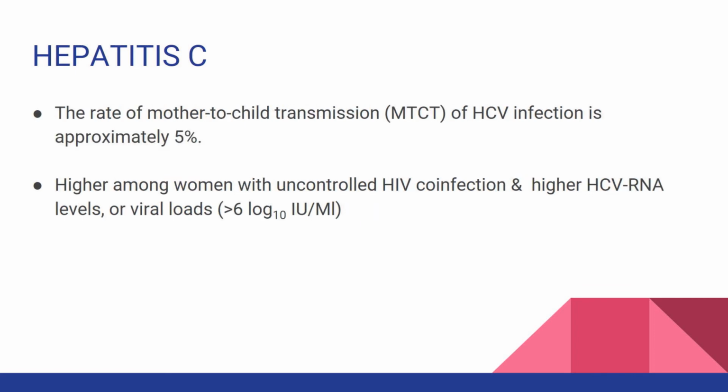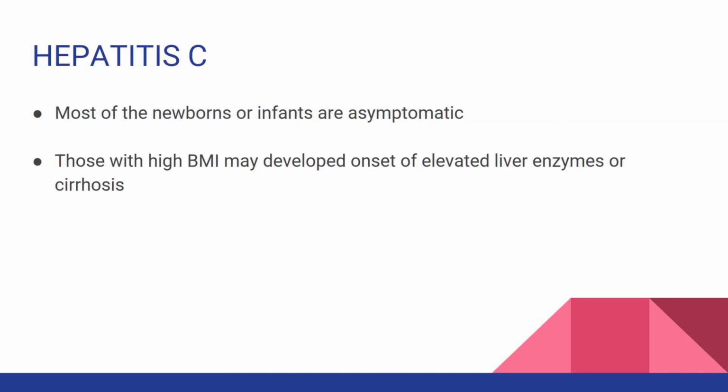Now, the transmission of hepatitis C from mom to the infant is up to 5%. If the viral load is high in the mom, then the chance of transmitting it to the infant is going to be high. Most newborns are going to present asymptomatic,